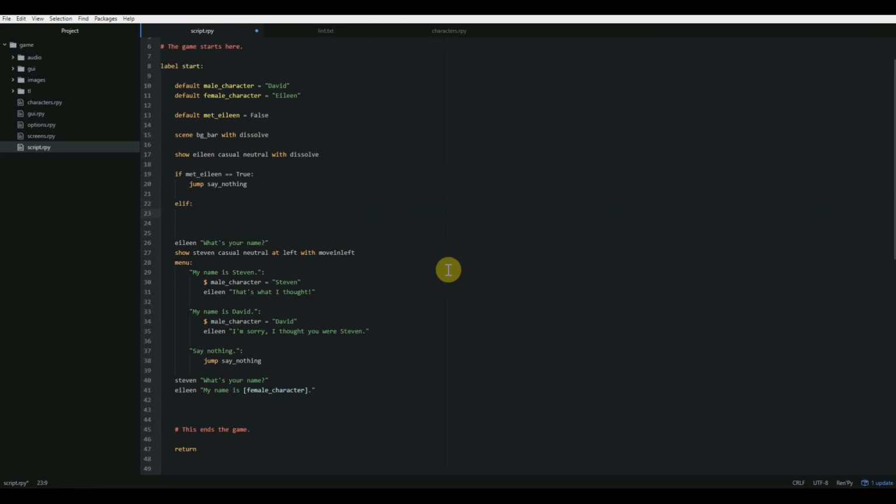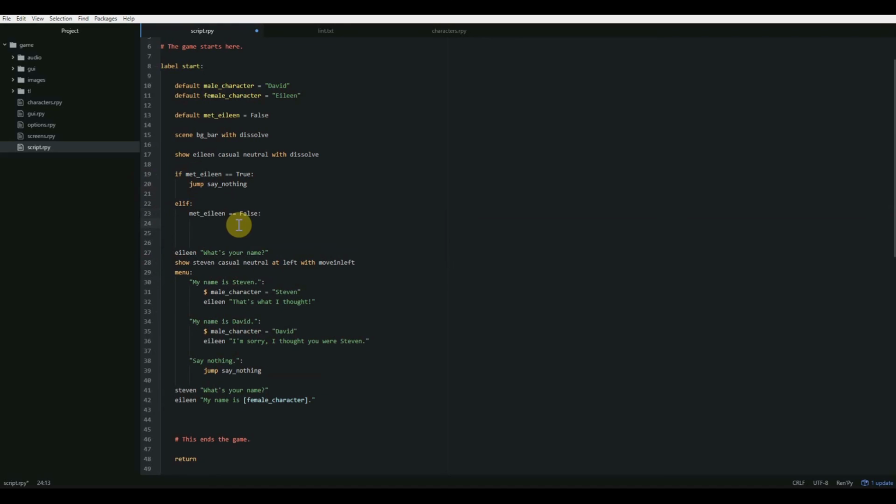So now it's going to say if met Eileen is equal to true, jump to say nothing, else if, ELIF stands for else if, this other condition is true, then we're going to do something else. So I'm going to say, like, if met Eileen is equal to false, pass. This does the exact same thing that we just did,